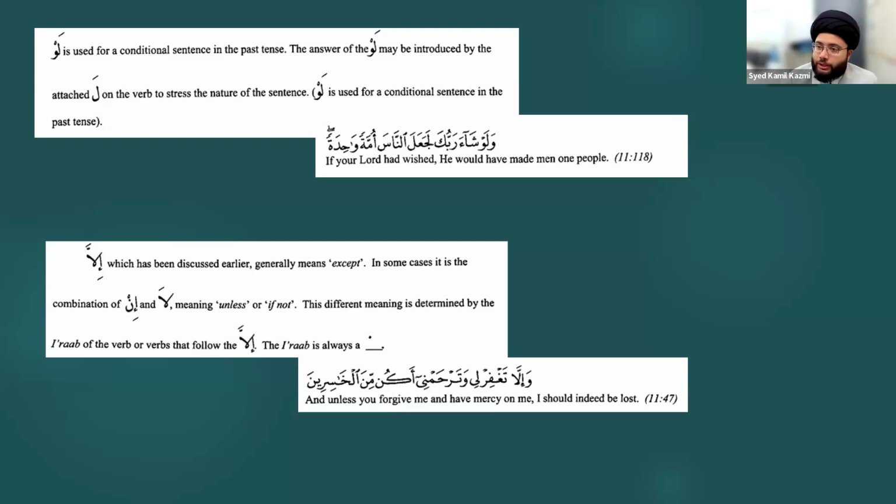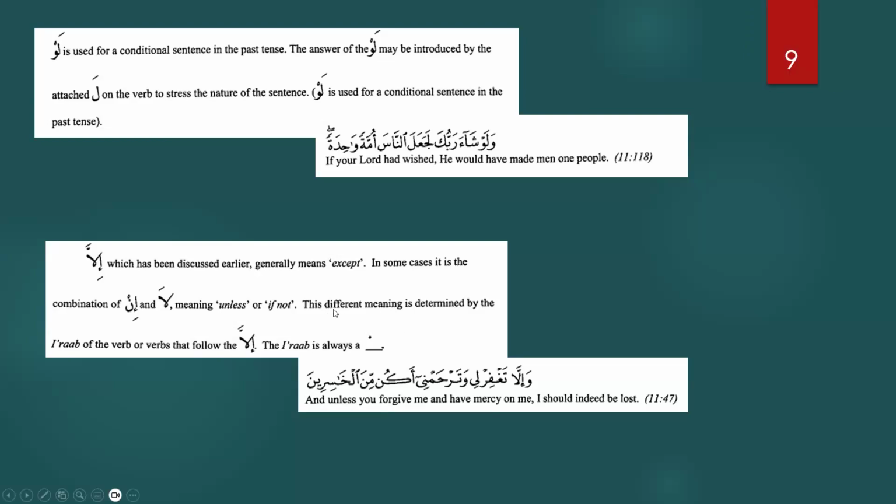The examples of the donkey and Hassan in this case are two different examples. That was a hint towards different types of exceptions. When I say everybody came, a donkey is not part of everybody, but Hassan is part of everybody, because when I say everybody, I mean humans. Sometimes I take an exception which is part of that everybody, and sometimes one which is not part of that. So these are two different types of exceptions, and you'll cover those later too, inshallah.